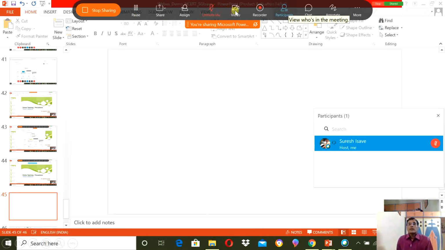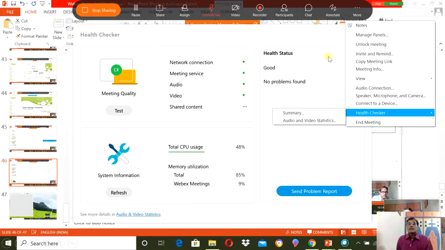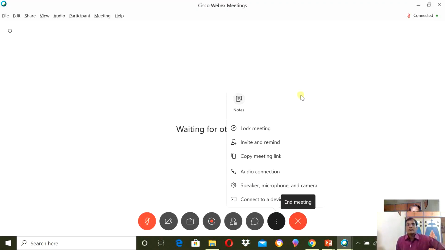These are some options to turn your video on or off, and stop and start recording. Then in participants, you can see the list of the participants, you can chat, and you can make the annotations over here. Then you click on more, you will find some options over here. One of the most important options is health checker. Health checker is not about our health, it's about the health of the computer system that we are using. So it will show whether your network is good or not. So they will make a test and tell you whether this much bandwidth is useful to you or not for this meeting. So this is about the technical health checking of the system.